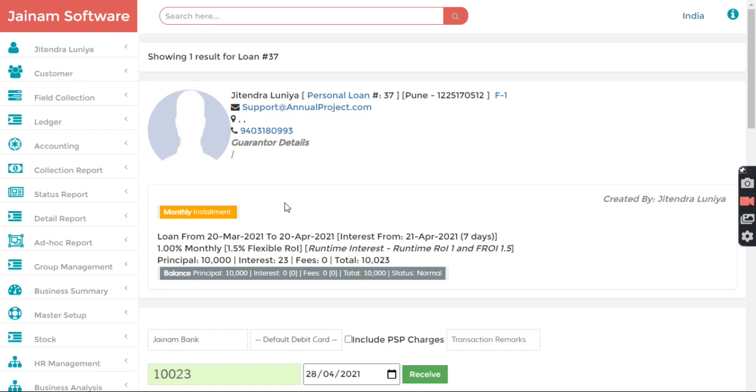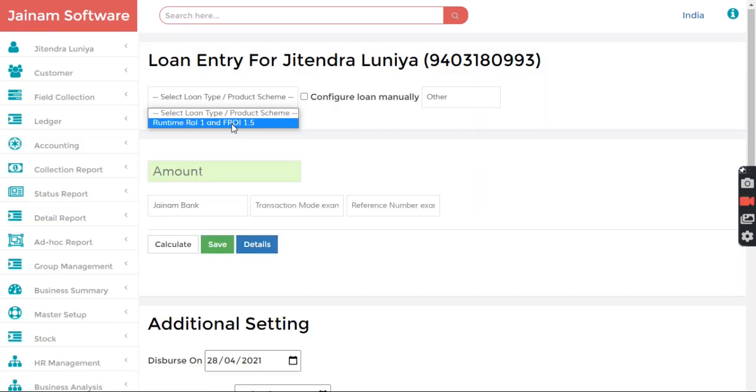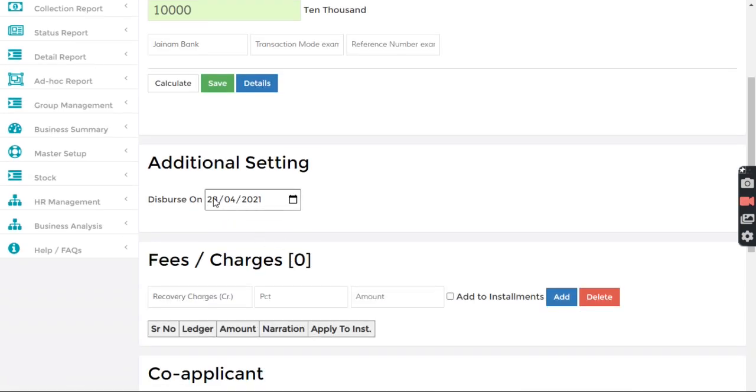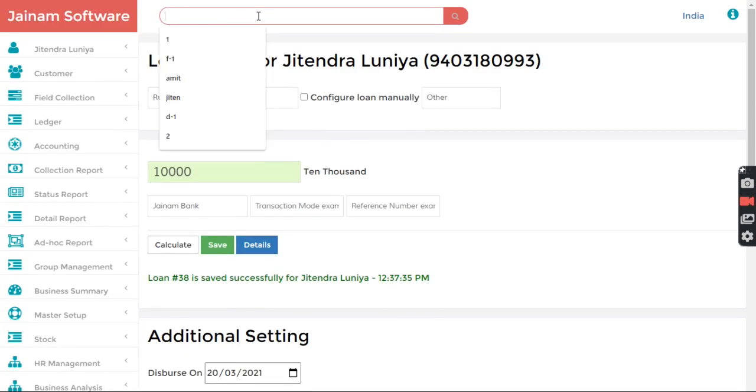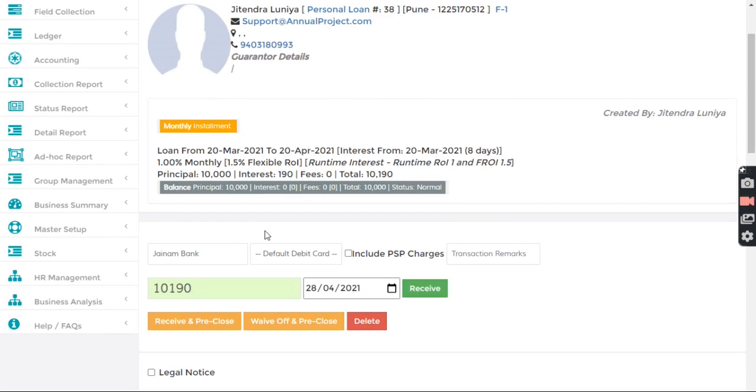One more important thing: I can recall one more scenario to explain. 10,000, considering again 20th, and I click save. 38. Now this is a slightly different scenario from the one explained earlier.